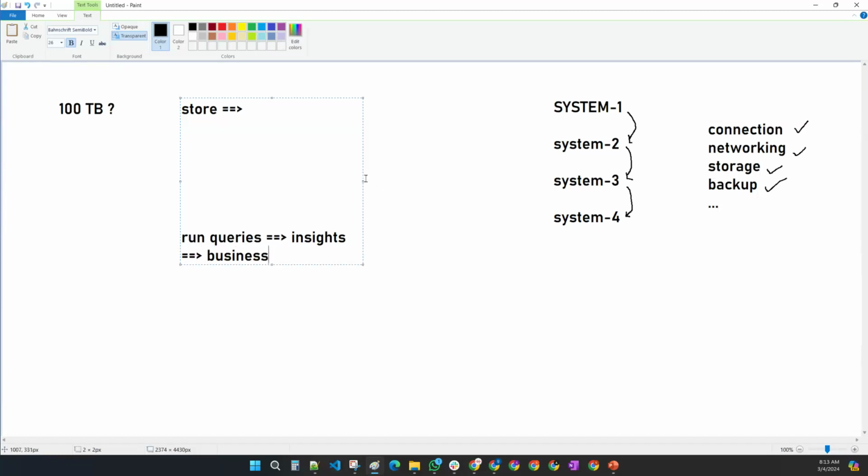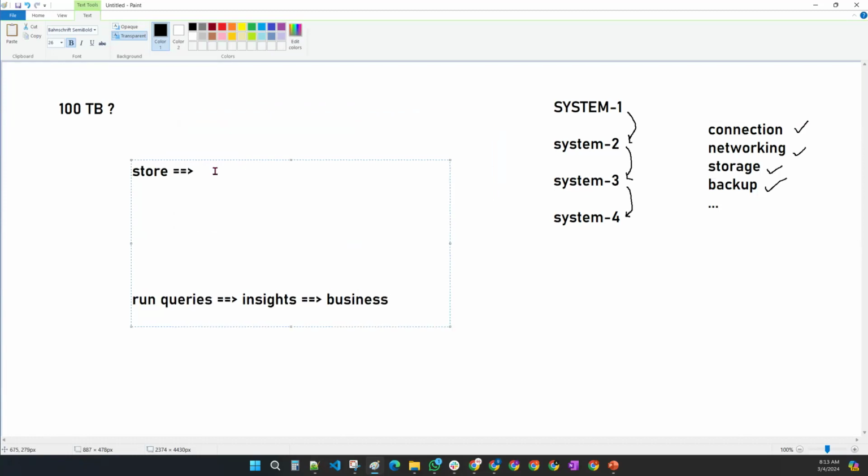But, sir, my first challenge as a data engineer is storing the data. I can't store the data in one single system. I need to have a distributed environment. Maintaining or creating networking, storage, backup, and all of these things for doing the storage is a very hectic task. Creating a distributed environment in a single company is a very hectic task,